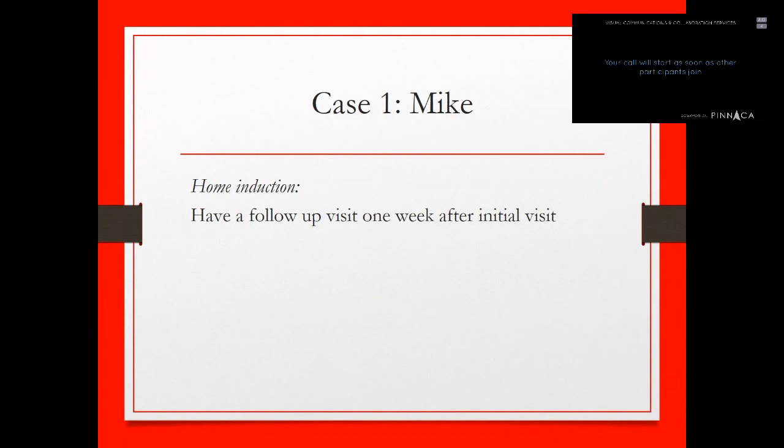So we have the 1-week follow-up, and this is an opportunity to see how the patient is doing on their initial dose, collect a urine sample, not only to see if they've managed to stop using their illicit opioid, but also to make sure that they're taking buprenorphine. And in the case of Mike, make sure that his prediction about benzodiazepines has come true, that he's not actually using benzodiazepines regularly, because the additive effect with the respiratory depression from buprenorphine does make us worried a little bit about killing our patients.